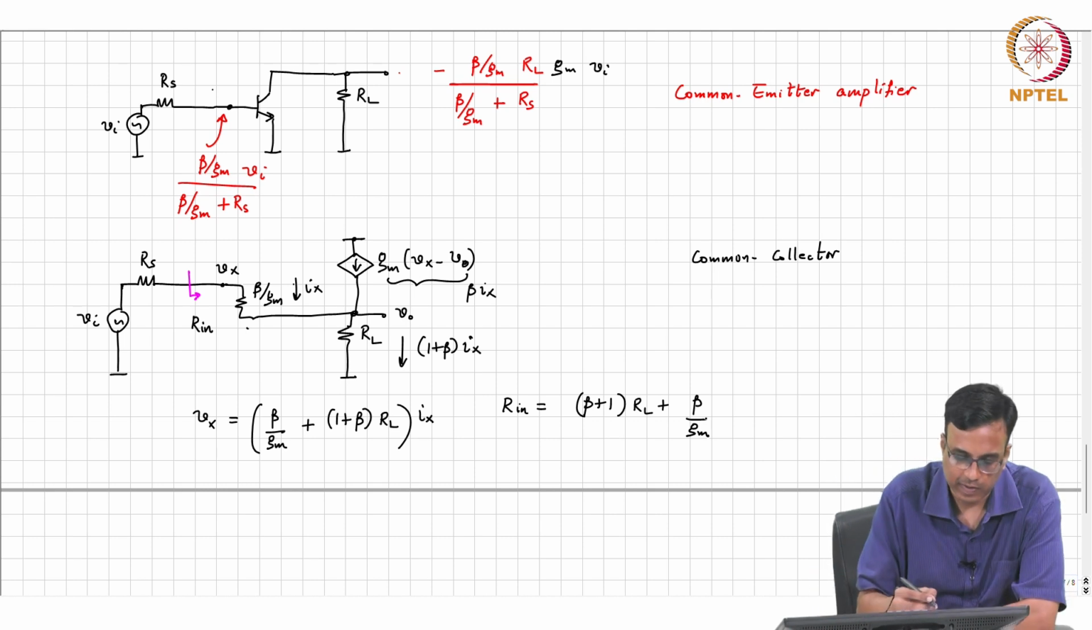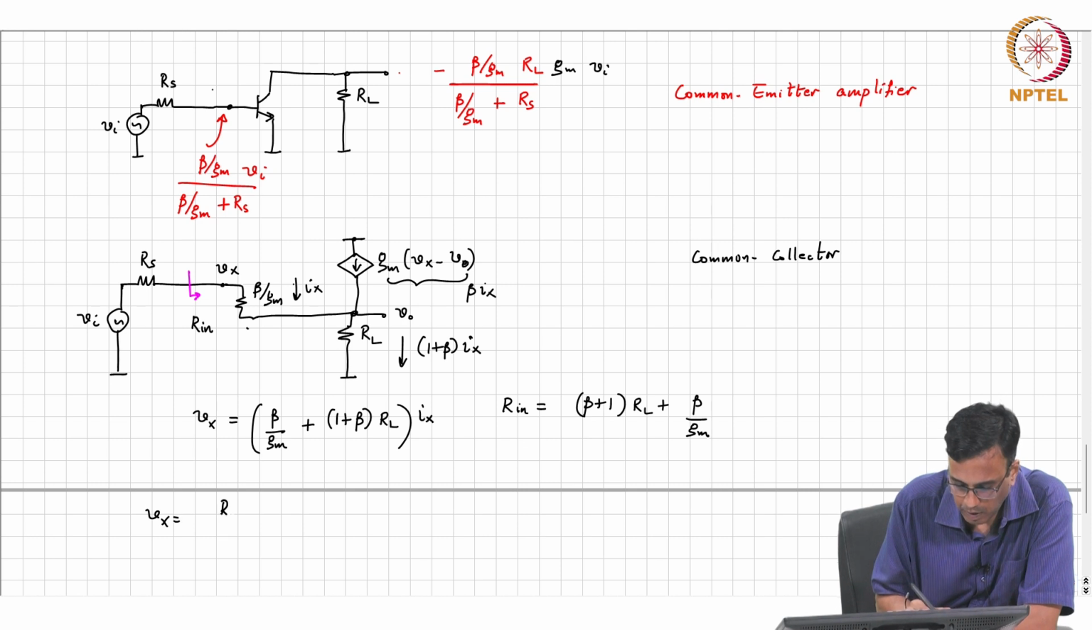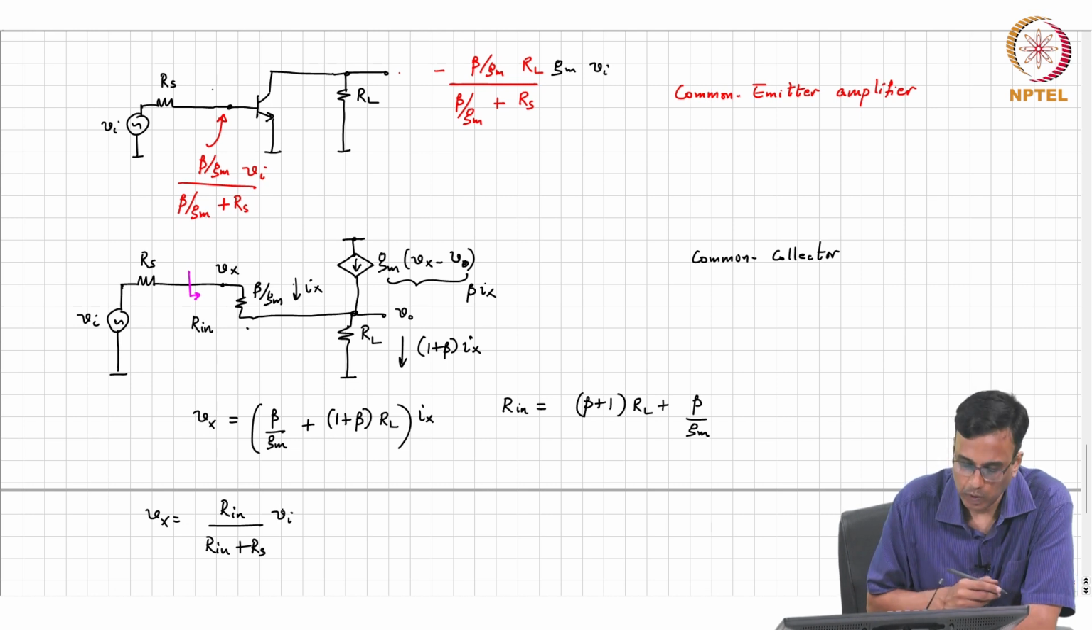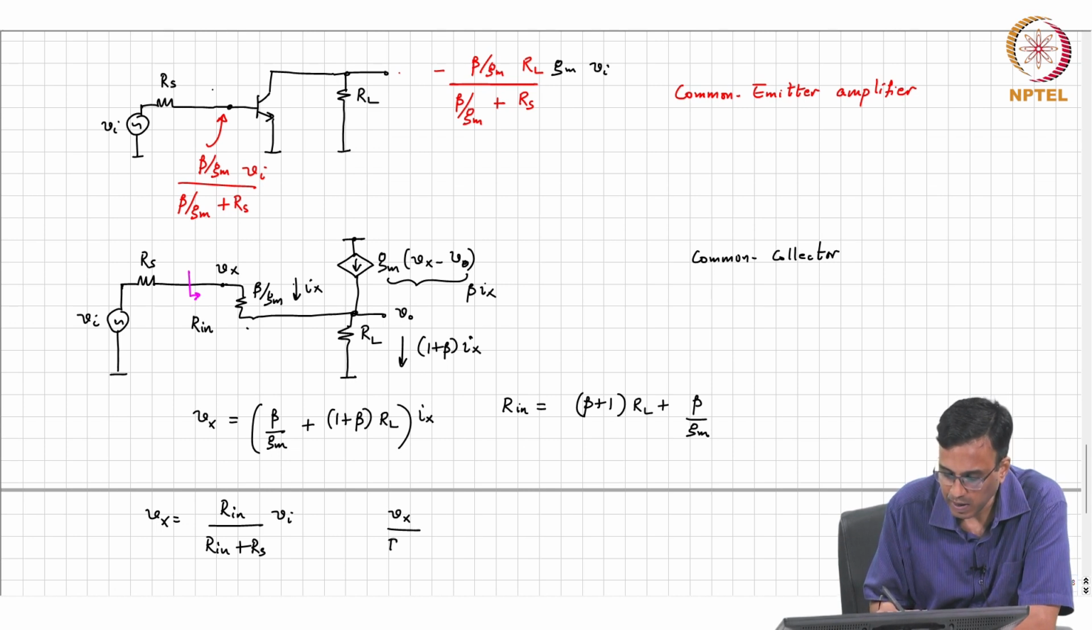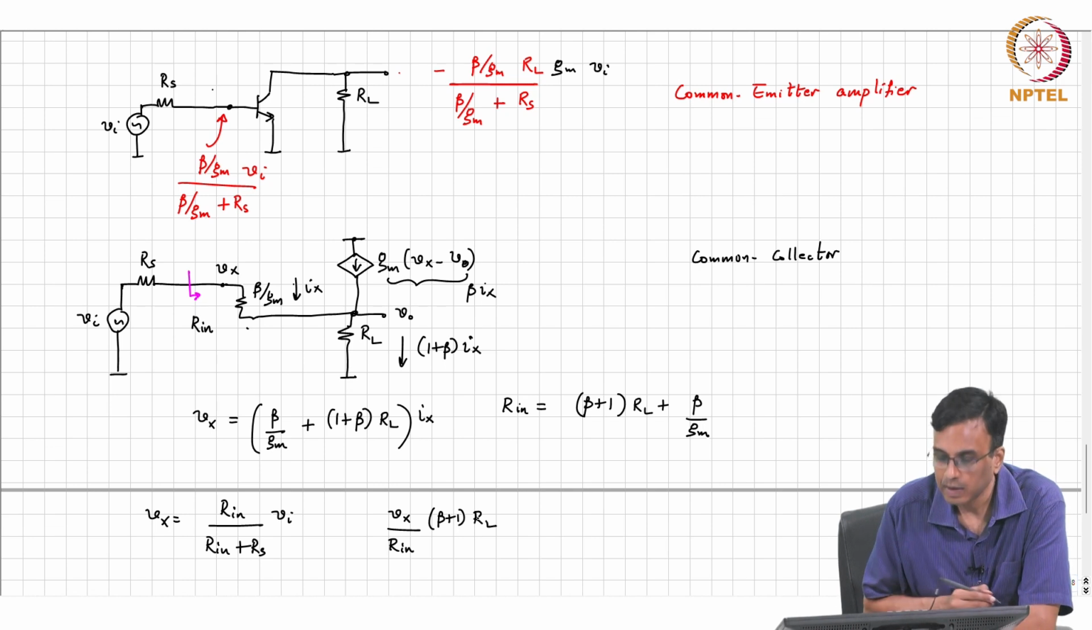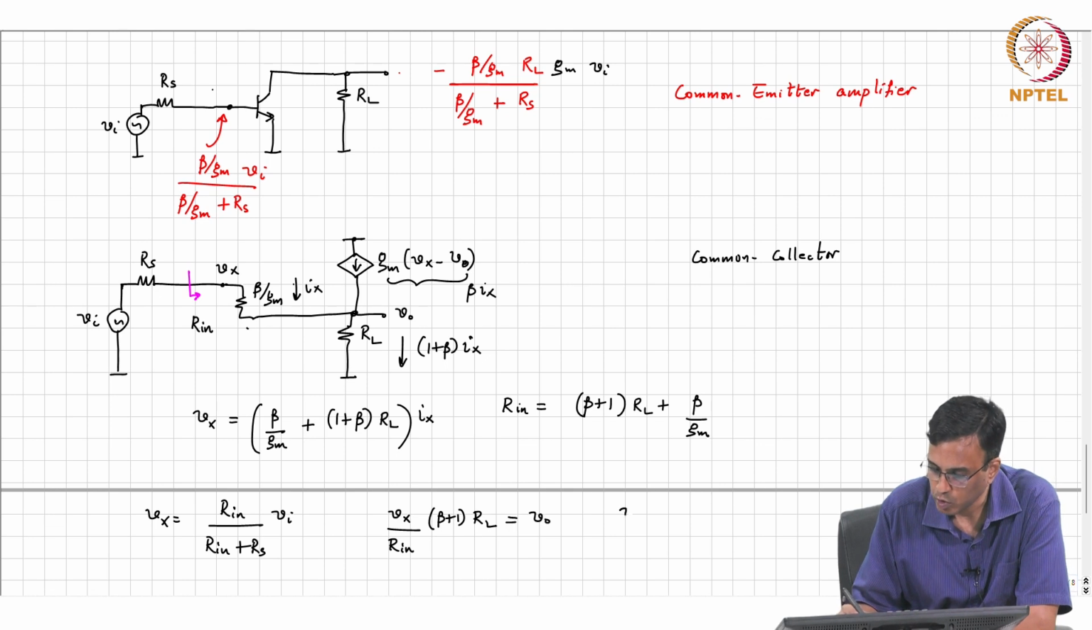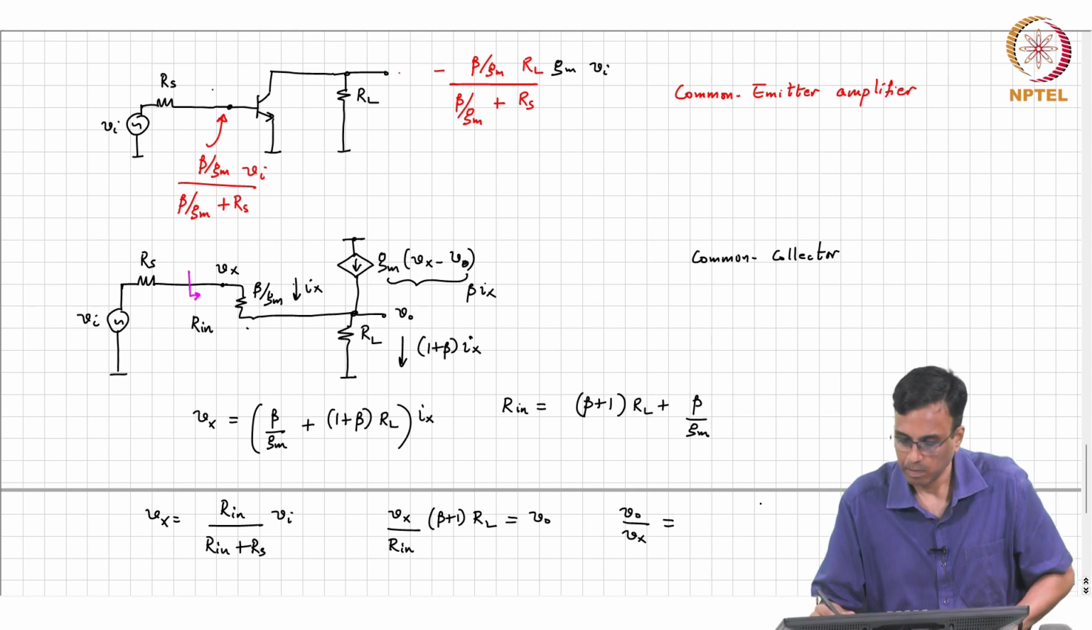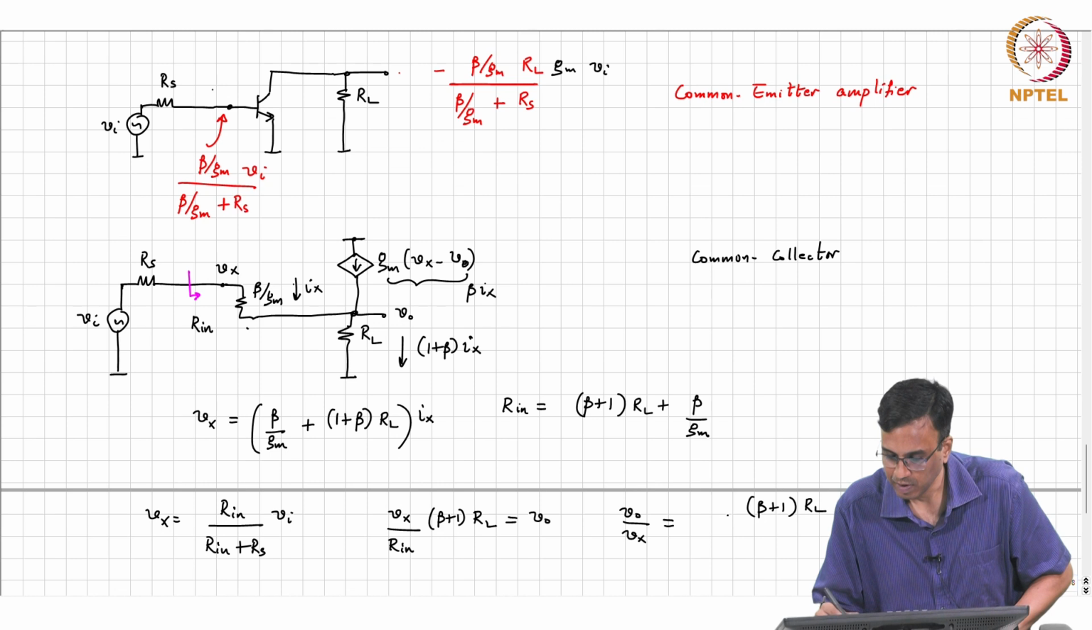We know Rin. So, Vx is basically Rin by Rin plus Rs times Vi, okay, and current flowing in Ix is nothing but Vx by Rin, okay. That current will get multiplied by beta plus 1, and that is the current flowing in the emitter. The emitter current into RL is the output, right. So, this current into beta plus 1 into RL is VO. So, VO by Vx therefore is nothing but beta plus 1 RL divided by Rin, which is beta plus 1 RL plus beta over Gm,